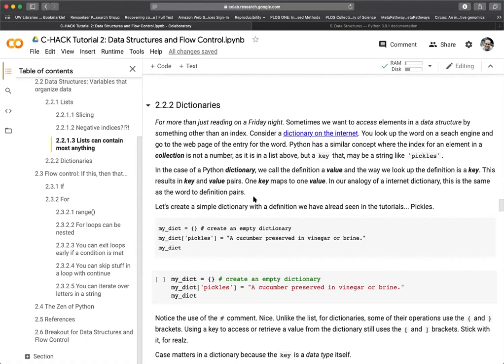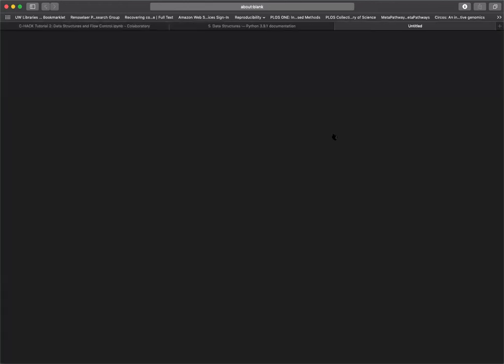Sometimes you want to be able to access elements that are stored in a data structure, not by their indexes like 0, 1, 2, 3, but instead by something that conveys more information to the reader, or is somehow a key or a reference to a particular data in a collection. And so you can think about a dictionary on the internet, right? So we could go here and we put in,